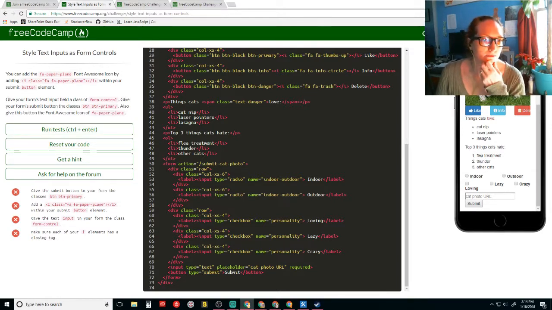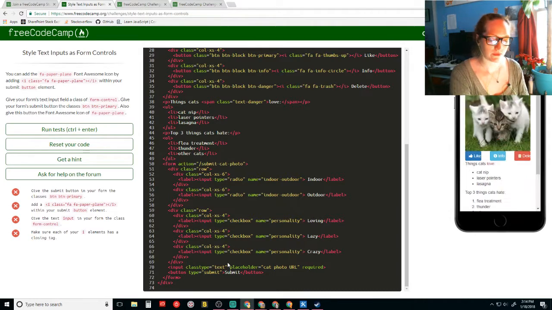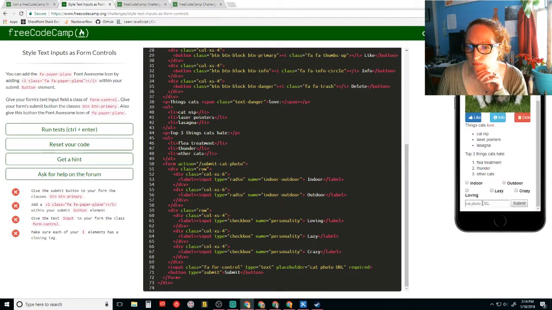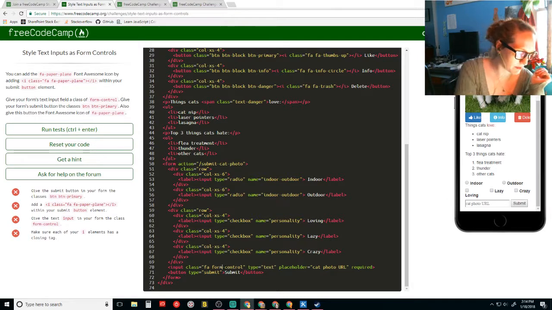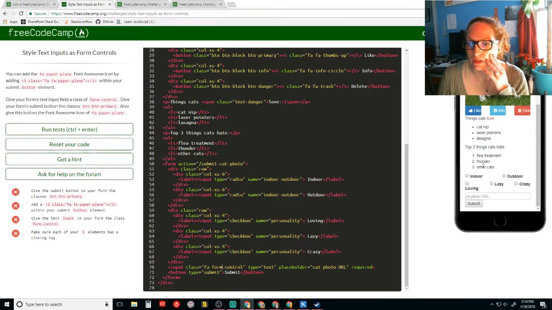All right. Give your form's text input field a class of form-control. Oops, form, not for, form-control. Okay.